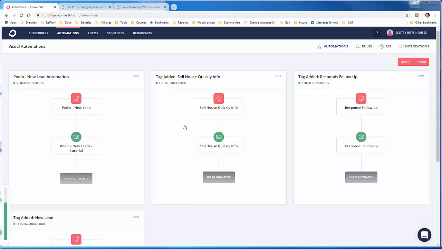Now the final step of this ConvertKit setup is to add the 2 new automations to coincide with the 2 new email sequences that we have. Now we already have the first one from the first tutorial, Podio new lead automation. So basically we have to create 2 more that are exactly like this, except for we're referencing different tags and different sequences. So we'll click New Automation,